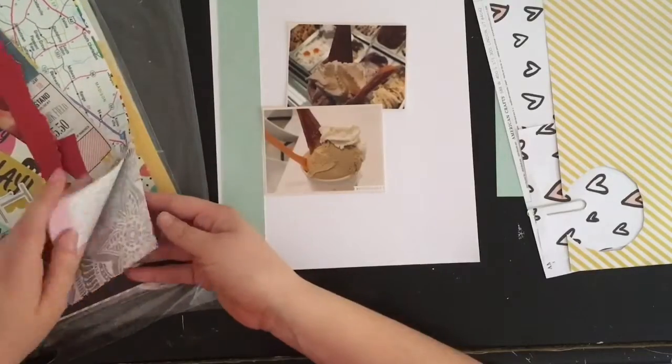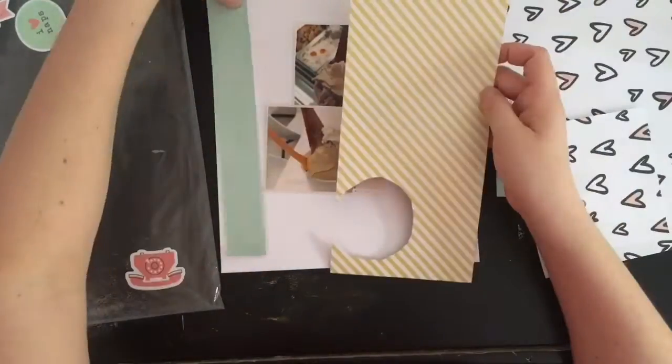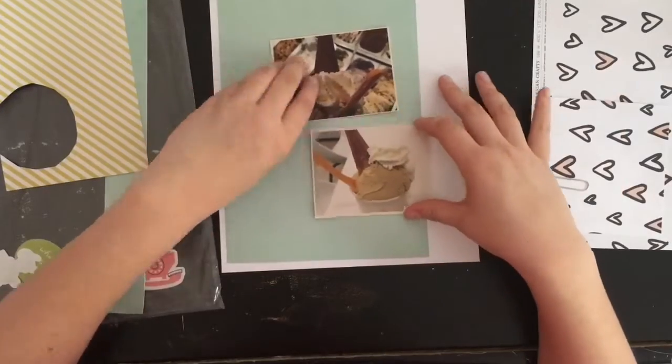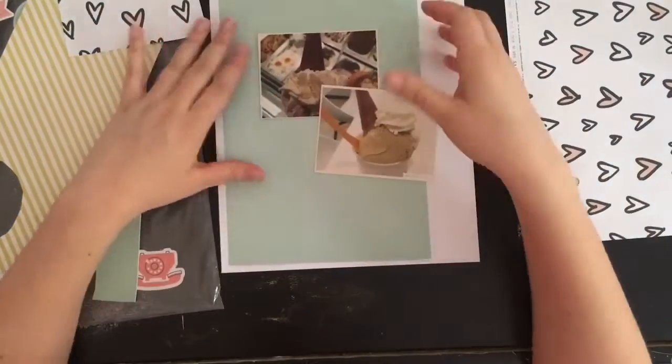And these are two photos. This is a page for my Rome album. I have set my mind to it. I will finish this Rome album this summer because I'm going to have two new trips that I'm going to have to make albums for. Well, not have to, that I want to make albums for. So yes. So I'm pulling out this